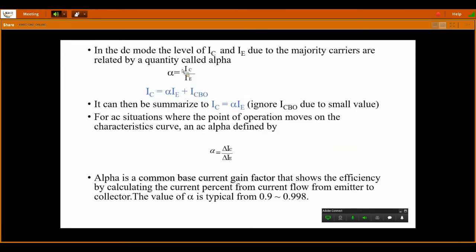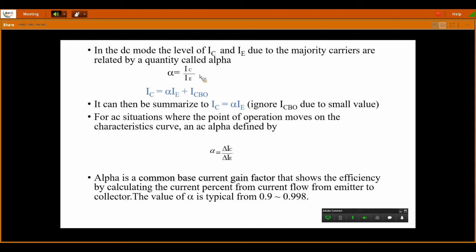Next, in DC mode, at your output you have to find the total gain of the circuit. In order to find the total current gain of the circuit, we have to take the measures in DC mode, by taking the ratio of the DC quantities of collector current and emitter current, that is, the output current to the input current. We will find your gain.